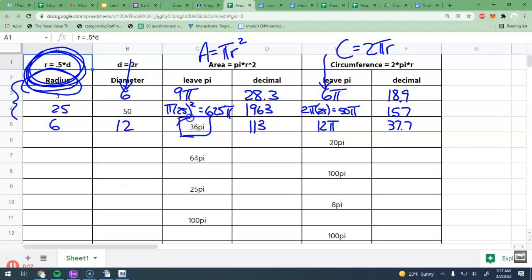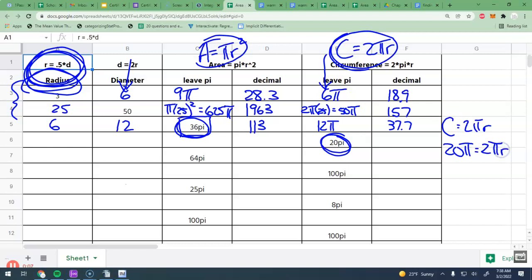So again, when I saw this, I know that has to equal that, so I just set them equal to each other. Same thing I'm going to do here. If I know circumference is 20 pi, I also know circumference is 2 pi r. So circumference is 2 pi r, and they're telling me the circumference is 20 pi. So you put that in place of the circumference. And then same idea, the pi's will go away. So these will wipe out, which will leave you 20 equals 2r. Divide by 2. Find out r is 10. Then again, once you know 10,